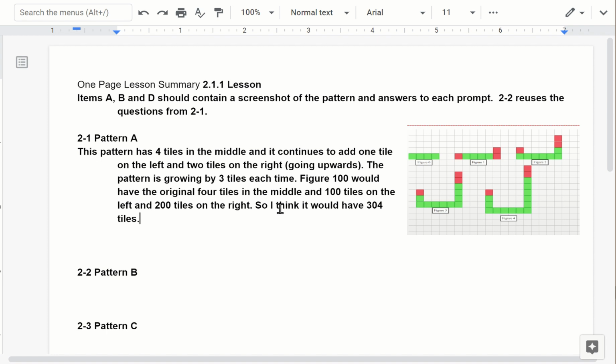All right. Assume the starting value of any tile pattern is the number of tiles in figure 0. Okay, the starting value for us would be 4, and the growth is 3. Okay, it says, what are the growth and starting values for this pattern? Okay, so this